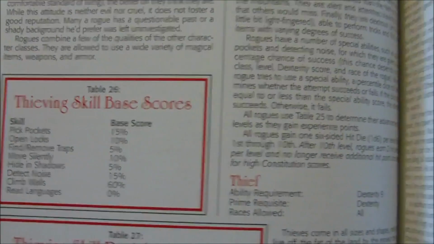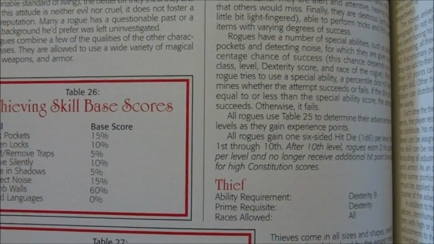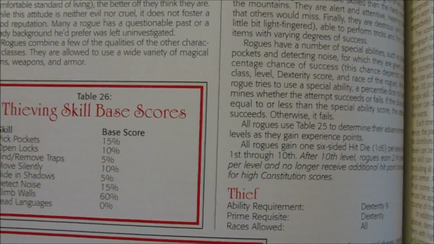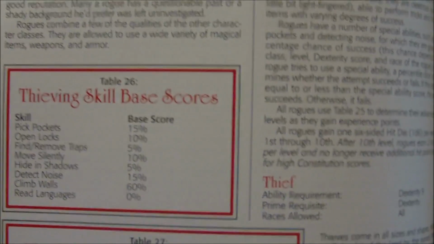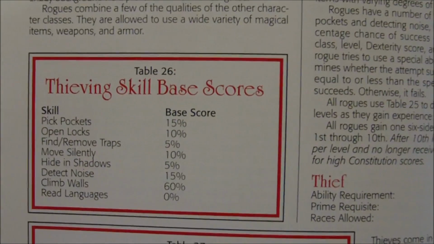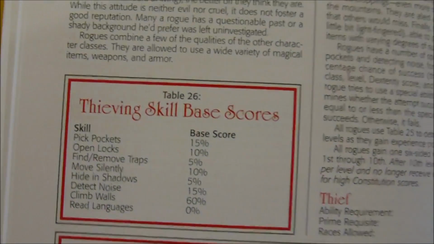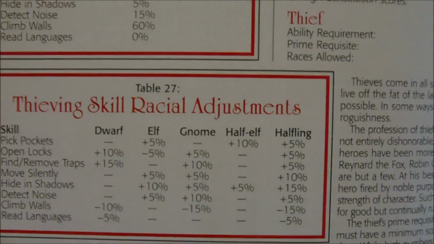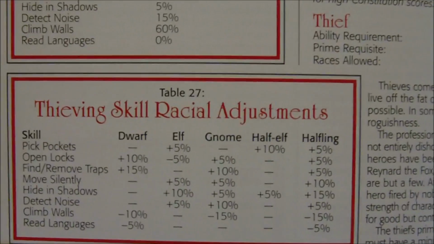languages. They began with base scores for each of those, and any time they would go up in level, they would also gain a total of 30 points that they could distribute amongst the different skills. They could only put 15 points in a single skill per level up, however, so there was a bit of restriction on that. Also modifying a thief's abilities were their race,